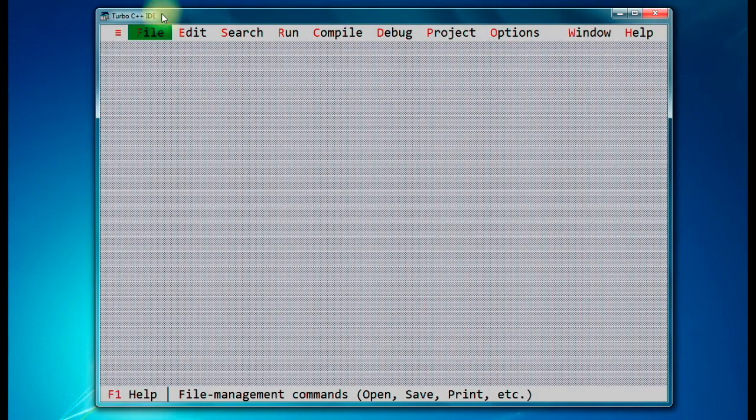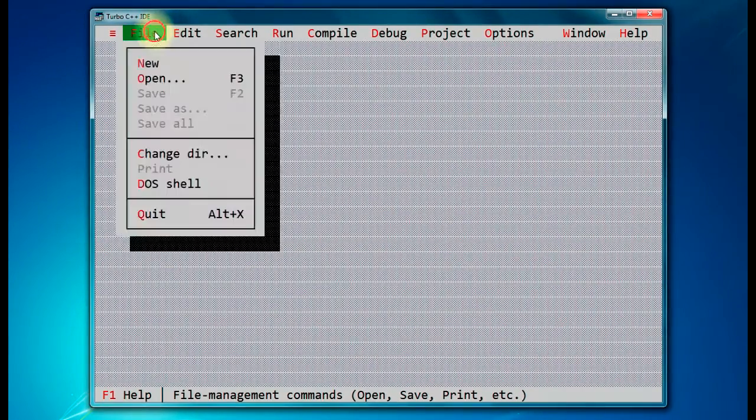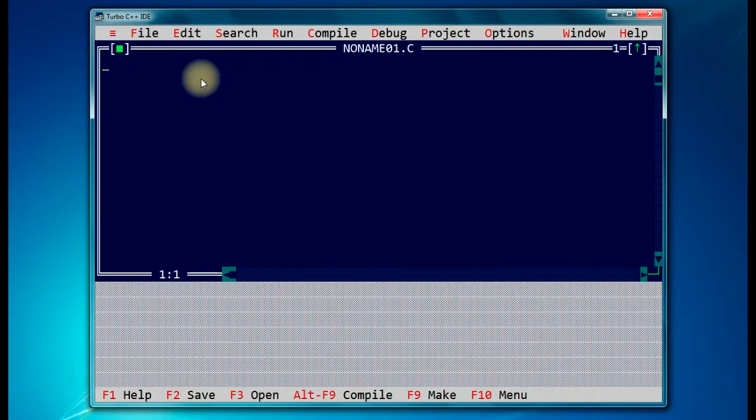Today we are going to write an even odd program in C. I will be using the Turbo C++ IDE. We'll create a new program. Let's start. The program will be about even and odd. So we'll start with include